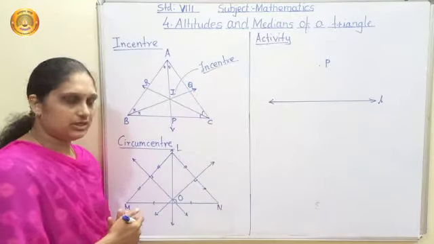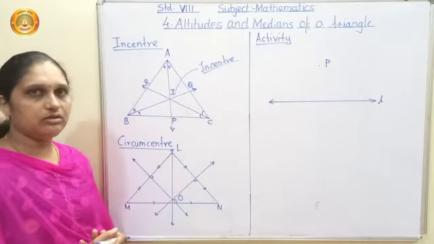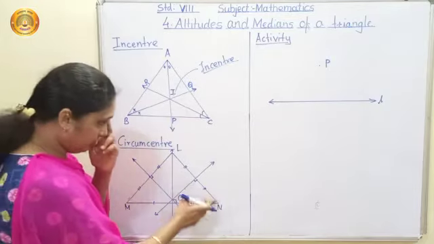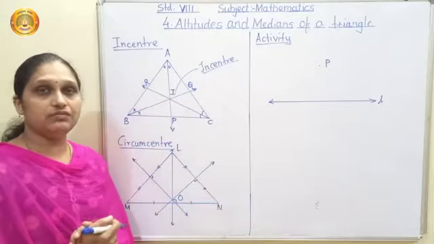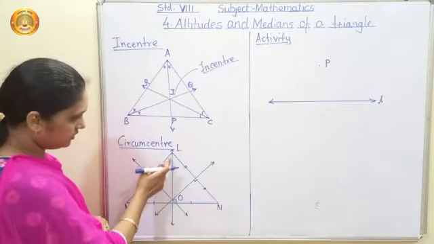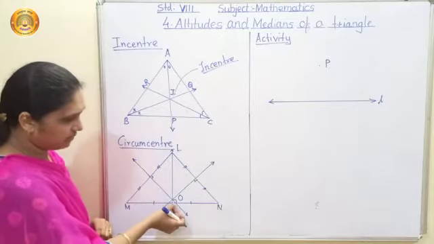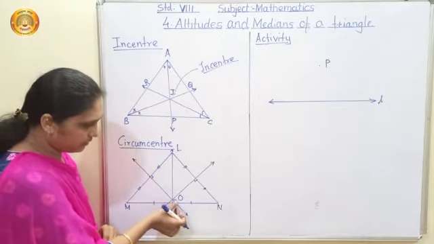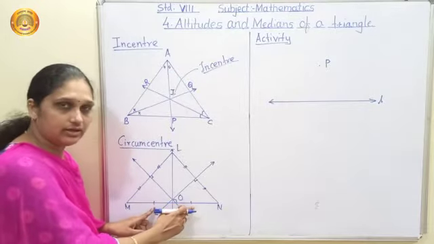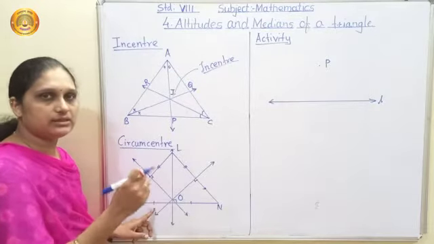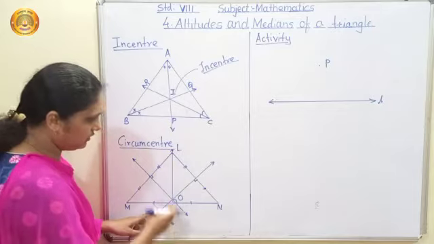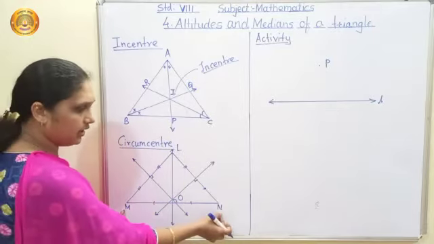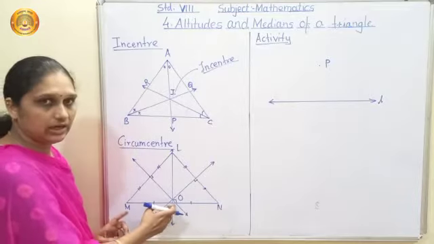For circumcenter, in any triangle, if you draw a perpendicular bisector of each and every side. So see, this is a perpendicular bisector. I made one perpendicular symbol here. So this is perpendicular, and with this identical mark we can show the bisector. So this line is a perpendicular bisector of segment MN. This you can see by the identical mark.